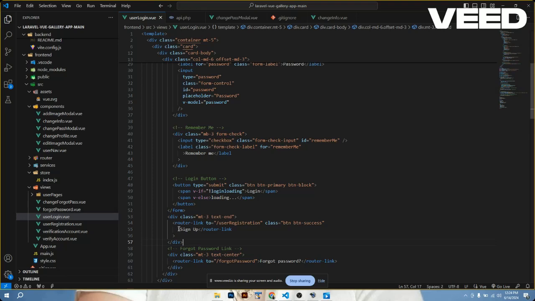It has the classes btn and btn-success, indicating that it is styled as a button with a green color. The text sign up is displayed as the link content.